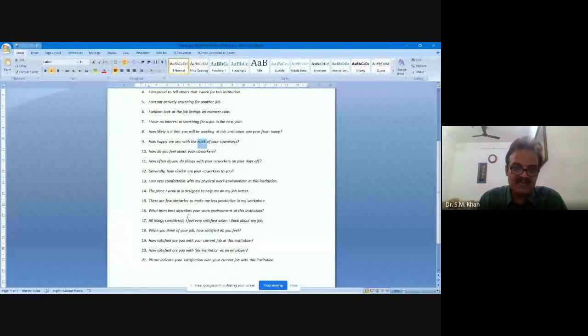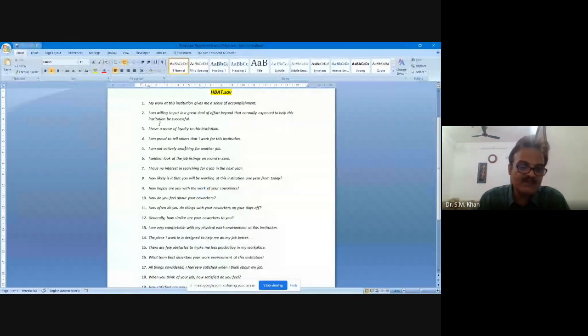These are the 21 items. We don't know which item belongs to job satisfaction, which item belongs to organizational commitment, which item belongs to staying intention and so on. But before developing or framing these items, it was very clear we are going to develop to measure such and such subdomain of the staying intention. Okay, friends. So we will run the analysis to explore the factors out of these 20 items.